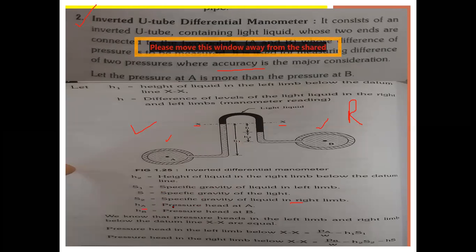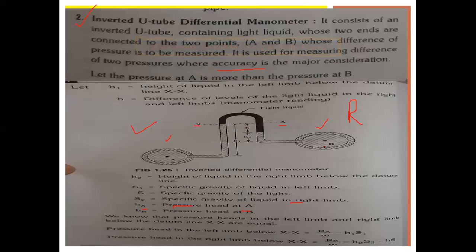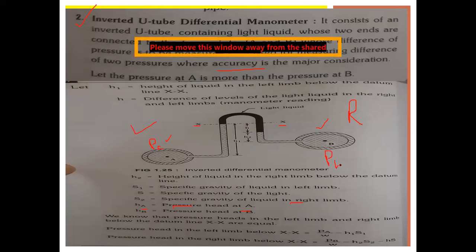HA is the pressure head at A, and HB is the pressure head at B. So we can call this PA, the pressure head at A, and this one PB, the pressure head at B. Okay? Next. From this, we know that the pressure heads in the left hand and right hand limb below